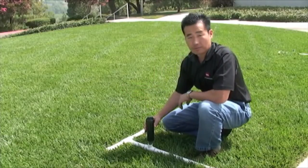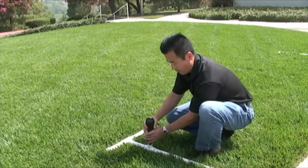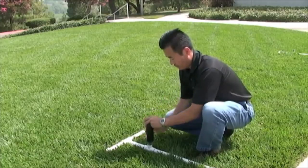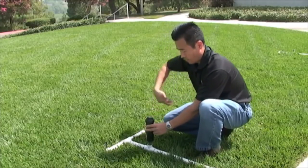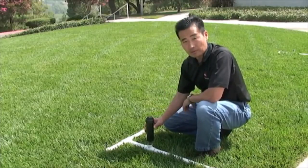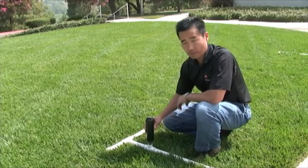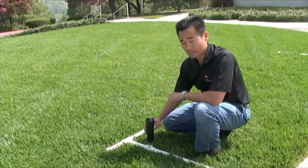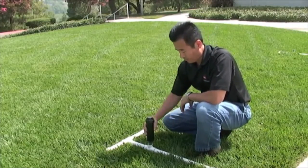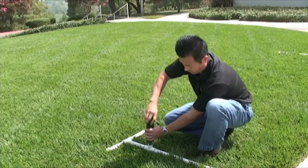You have two options. You can tighten it further, or you can back it out and go all the way around so that you're pointing in the right direction. So if you back it out, there's a possibility of leaks. If you have to tighten it further, there's a possibility that it may be too tight and start damaging your product. Therefore, the other option would be to unscrew the cap,